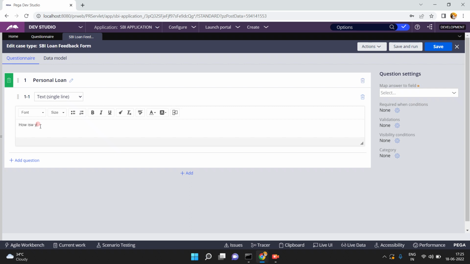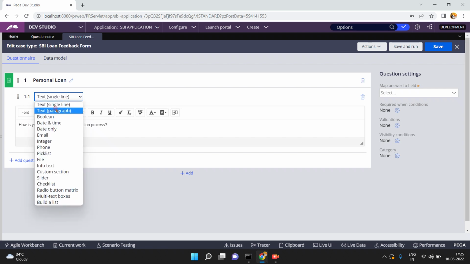How is your rating towards loan initiation process, etc. Okay, now for this, if you want, you can capture the text single line or text